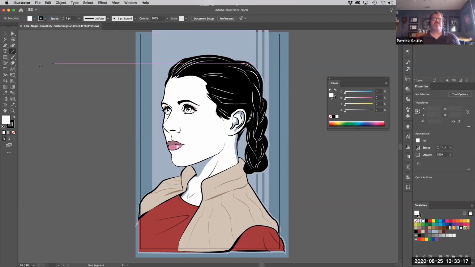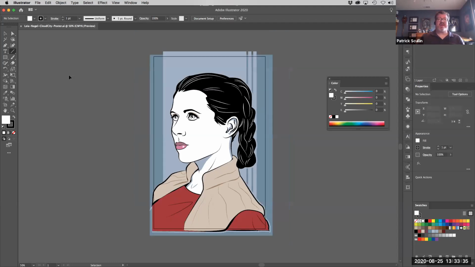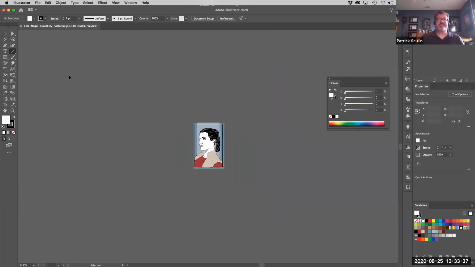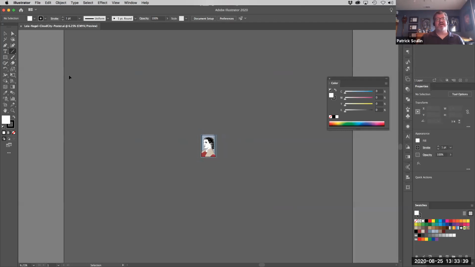All right, now let's just talk about moving around the page a little bit. One of the cool things about Illustrator is you're not limited to your workspace size. If you're used to working in Photoshop and even in InDesign a little bit, you're limited to that page size. But Illustrator actually has a quite expansive working space,